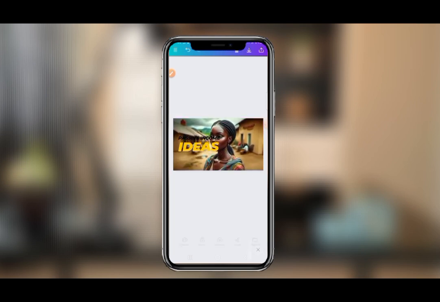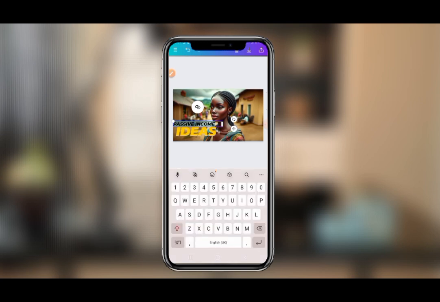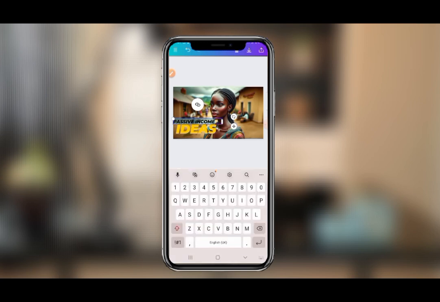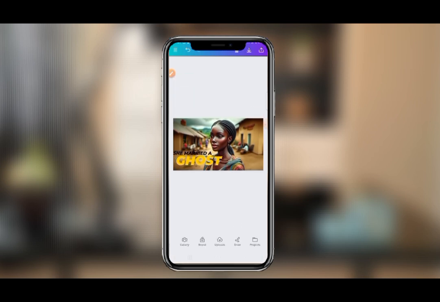So you have something like this. Right here, bring this one down, then bring this one a little bit down too. Right now, the title of the story, that's what you're going to put here. Click here: she got married. She married a ghost. She married a ghost. Once you do that, click on this yellow,